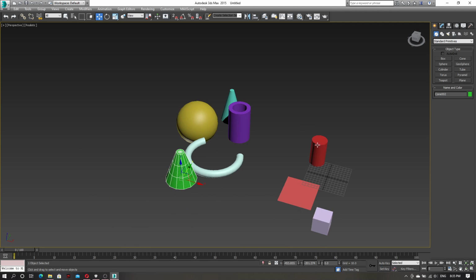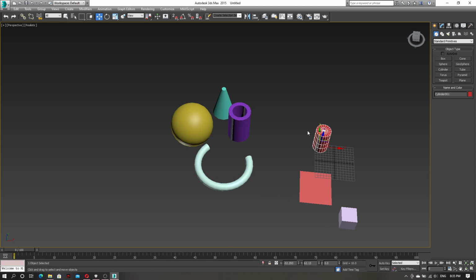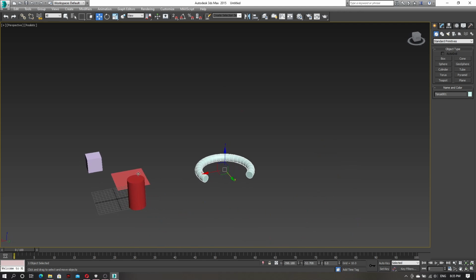This object is similar to a cylinder. We can delete it. Delete, delete, delete. Same this one. It's basically same one as a cylinder. So we don't need it. This geosphere, we don't need it. Again, cone, we don't need it. And this one,